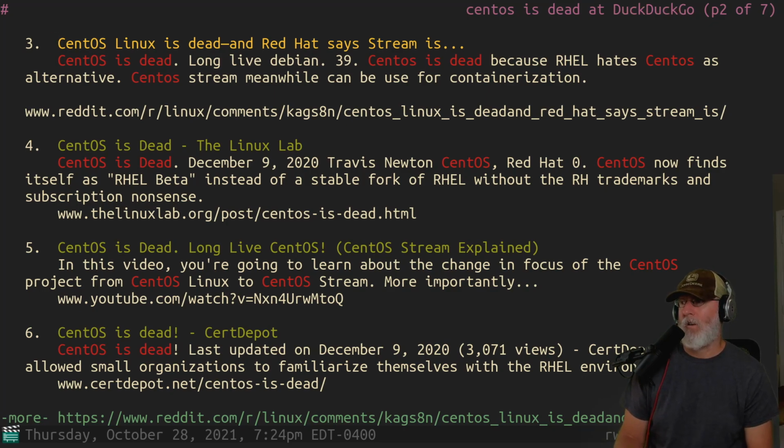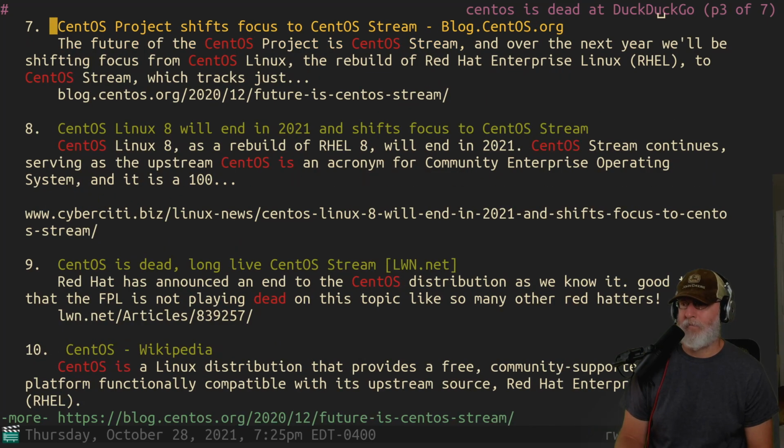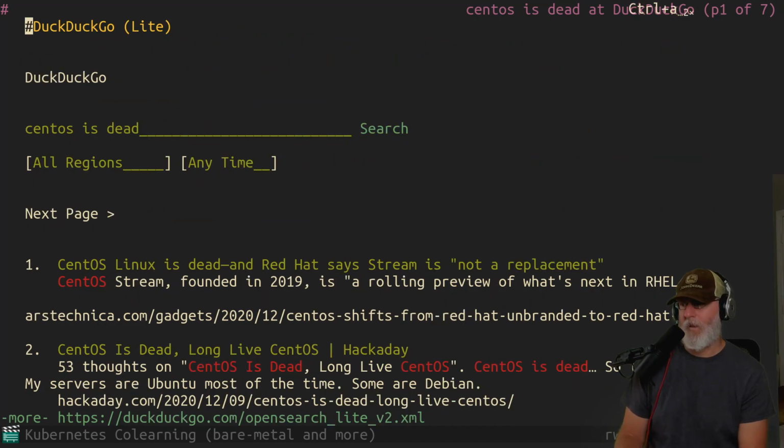They rebranded CentOS. Yes, they did, but it's got a new name. CentOS is dead. Red Hat bought the project out, and then killed it. And they don't like it. They do not. Red Hat does not like CentOS. So if you want to pick something that's compatible with Red Hat, go with Fedora for sure. And it's just focused on CentOS Stream. CentOS Linux 8 will end. Yeah, you can check out SUSE.